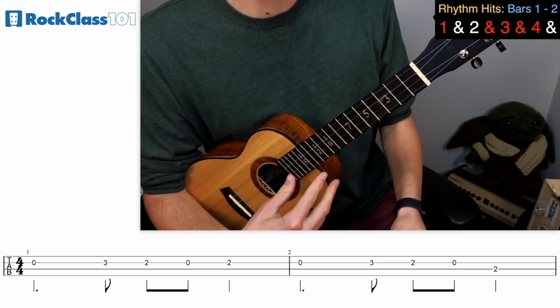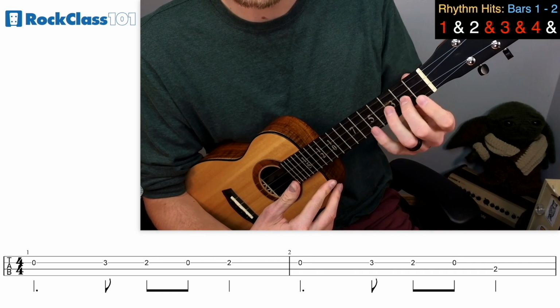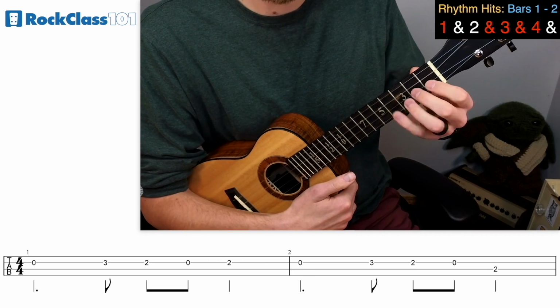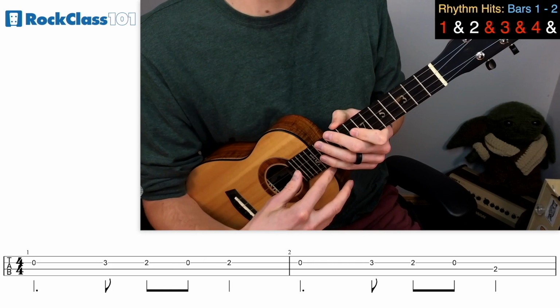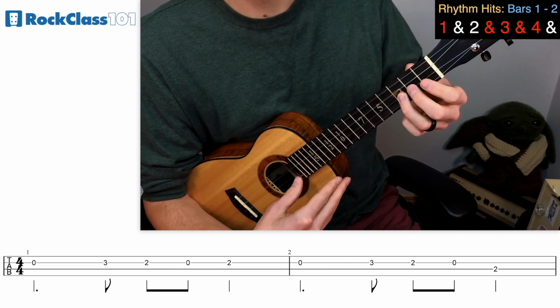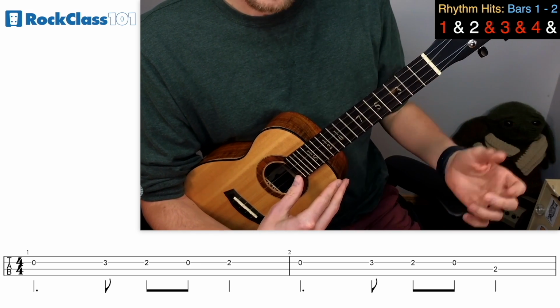We're going to start here by using 1 finger per fret with our fretting hand, which means our index finger on the first, middle finger on the second, ring finger on the third, and pinky here on the fourth. We're going to use that as much as we can for the first melody sequence. We're going to start by playing just open on the E, and then we're going to play 3 on the E with the ring, 2 on the E with the middle, and then open on the E, finally 2 on